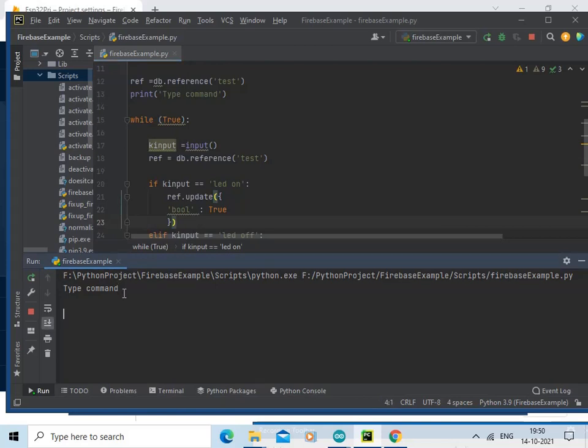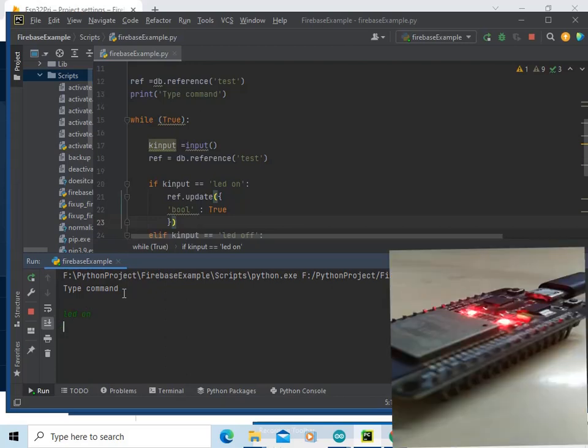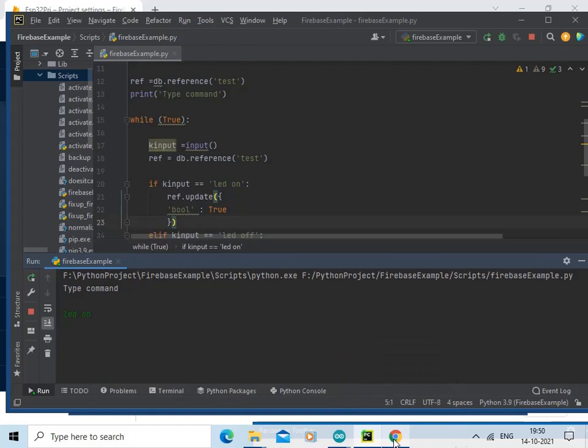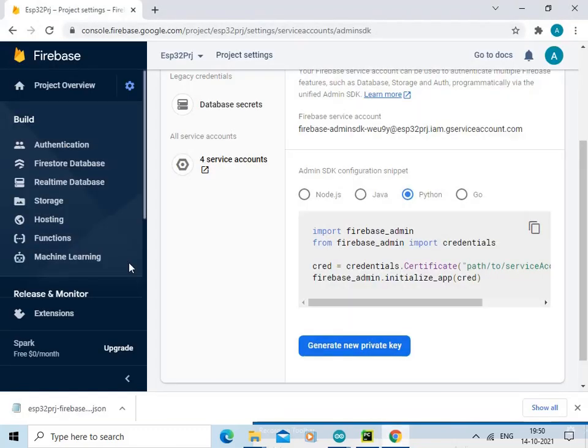As we can see, the LED is off on the ESP board. We can turn it on by typing the command LED space on. Let us press enter. So LED on ESP32 board is on. And let us see the status over here.